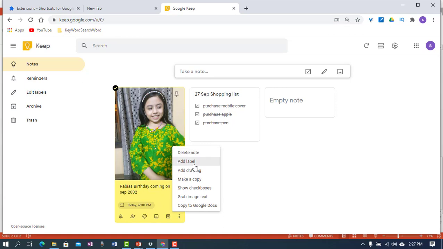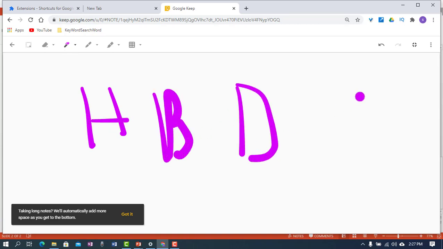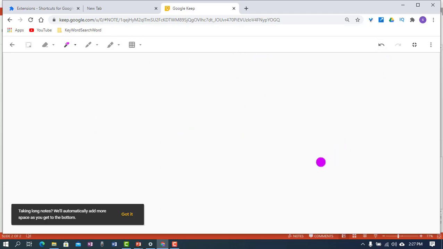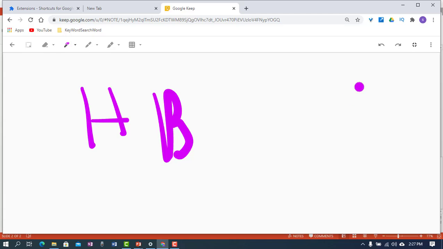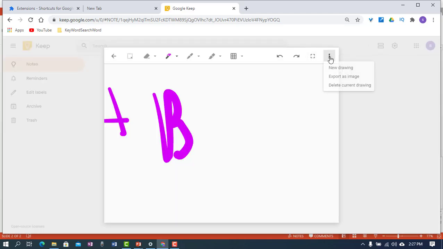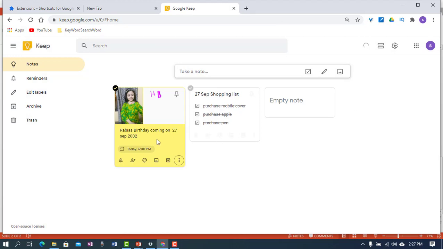Again we go here and add a drawing and write something, happy birthday, and then got it. As you can see, a drawing appears in my note which says happy birthday, which I added earlier. Okay, in the same way we can also add a label.